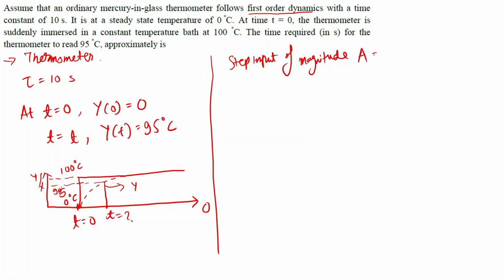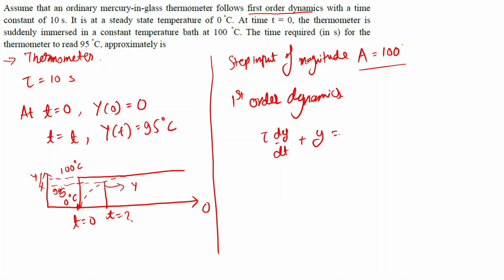Step input of magnitude A is equal to 100. Now we know that the thermometer follows first order dynamics in the given question. By first order dynamics we mean that the process model would be of the form tau dy by dt plus y is equal to kp x of t, and for this we can write the transfer function as g of s is equal to y of s upon x of s is equal to